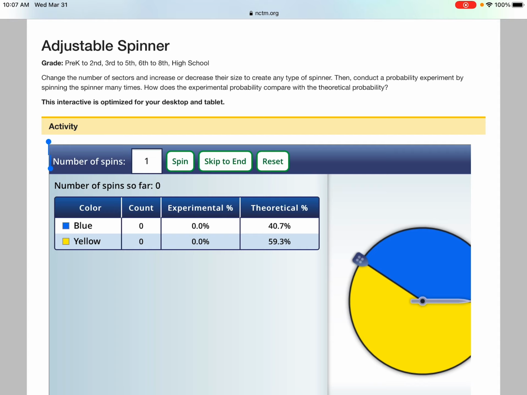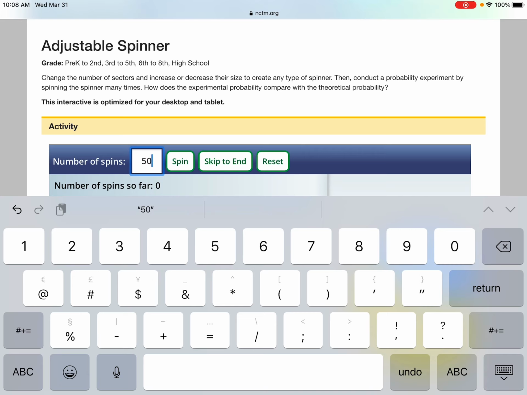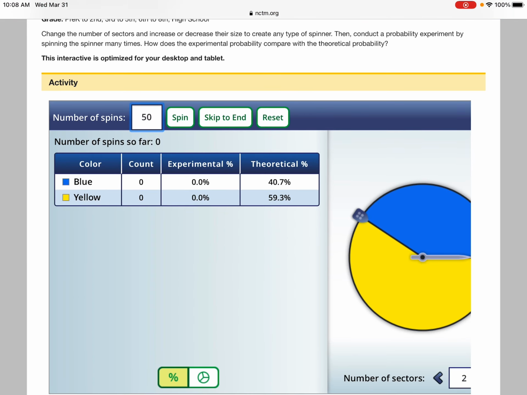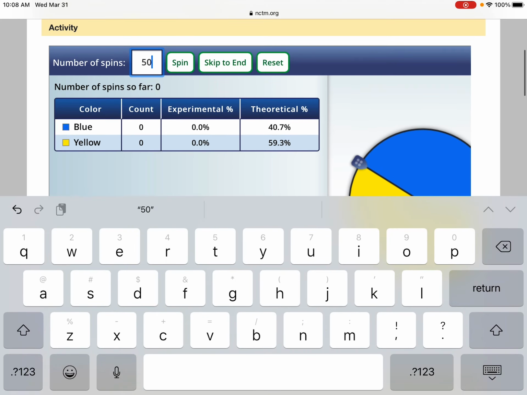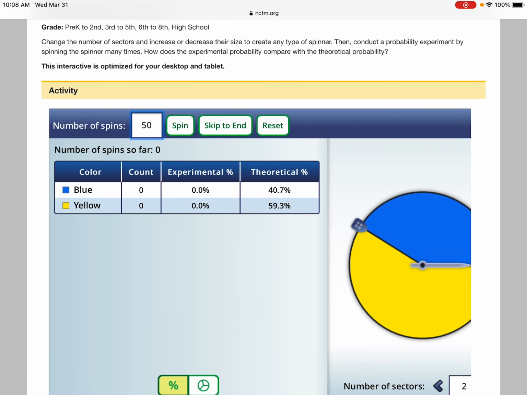Then I want you to click reset and do it again. Oh, now it's letting me change this. How strange. Okay. It's fine. So for my first one, that's 50. Oh, wait, and now this is moved too? Oh my goodness. That's just a very odd situation. Anyway, your spinner should look different from mine, but it should be 80-20. Mine is 40-59. Whatever. It's fine.